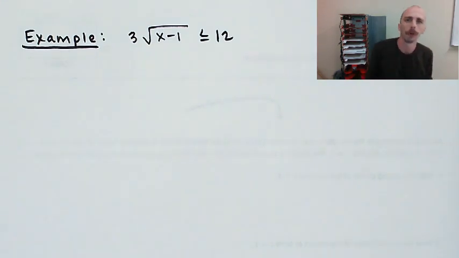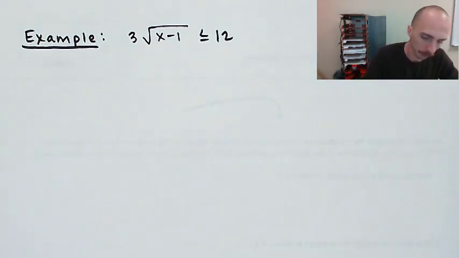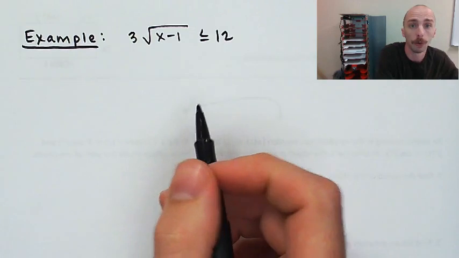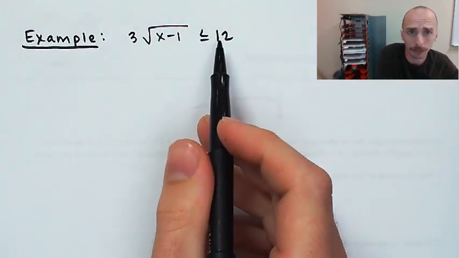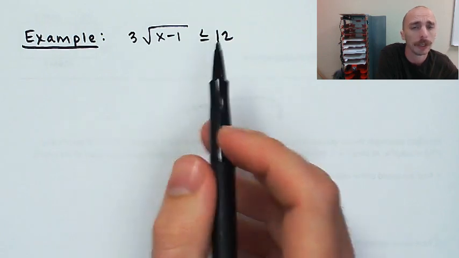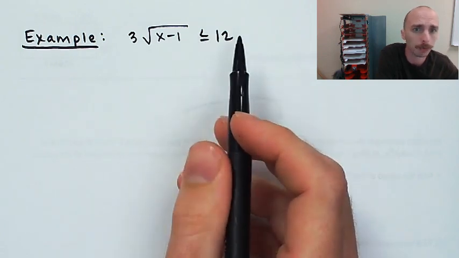So I think I'm just going to work a couple more of these for you, show you all the ways it can work out. And now this could go, it could be very different, right? If I had this, say less than or equal to negative 12, I'm pretty sure there'd be no solution. Greater than negative 12, I think,